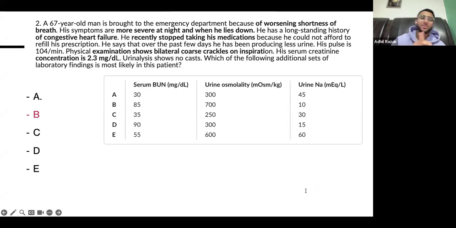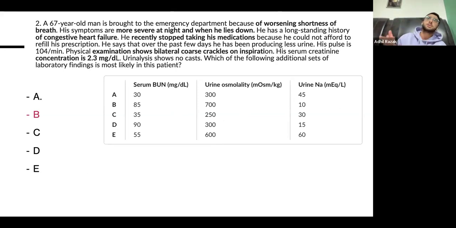It's pre-renal. For congestive heart failure, there is hypovolemia, and with hypovolemia you have pre-renal azotemia. With these findings, what you can see is that, as I mentioned earlier, there is increased